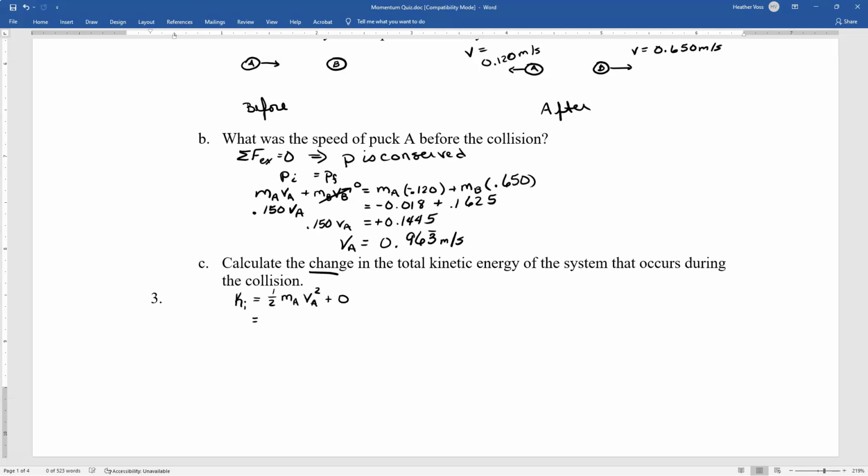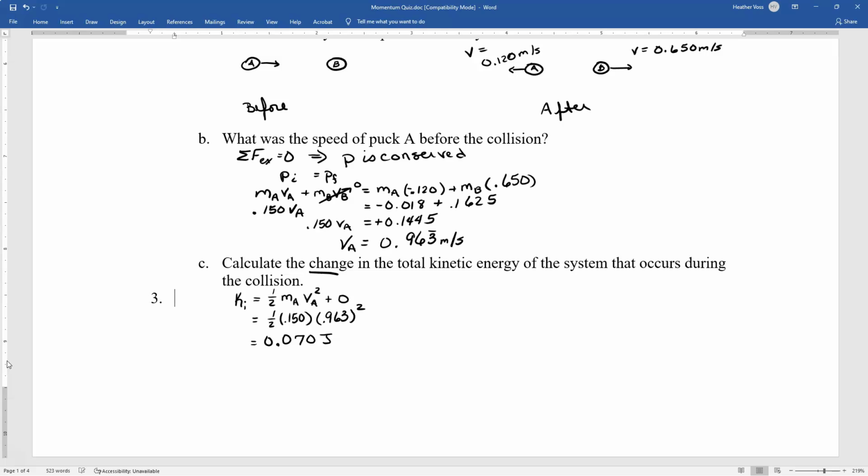So this is going to be 1/2 times 0.150 times 0.963 repeating squared. And when we do that calculation, we get 0.0696, so 0.07